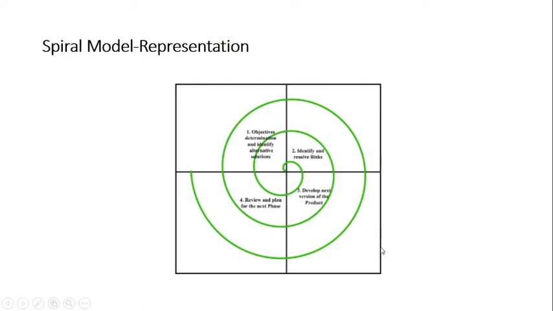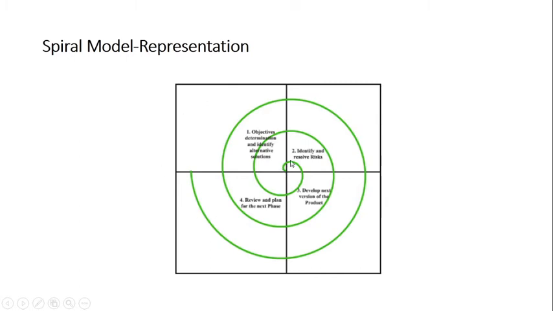Then comes your development, right? Development, or the software, is actually engineered in the third quadrant. When we say develop, that means all the SDLC phases are being carried out, right? So develop the next version of the product, and once you have developed it, you give it to the customer for review and plan for the next iteration, right? So these are the 4 quadrants in which the software is developed. Identify the requirements and the objectives, plan it, go for risk management, develop your software, give it to the customer for evaluation and feedback, and plan for the next iteration.